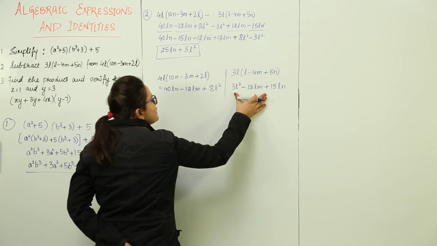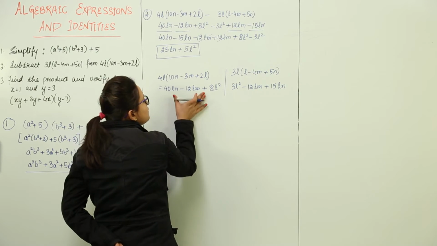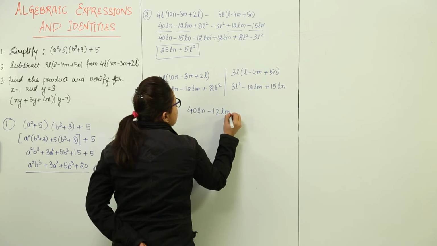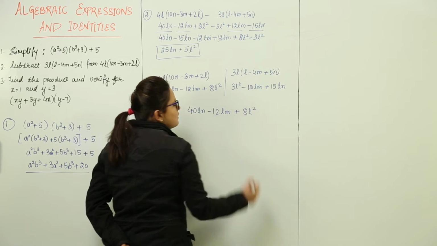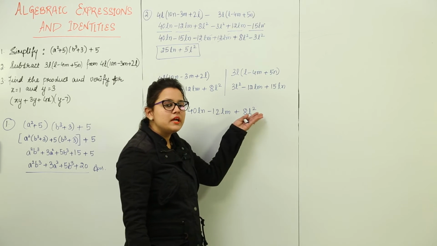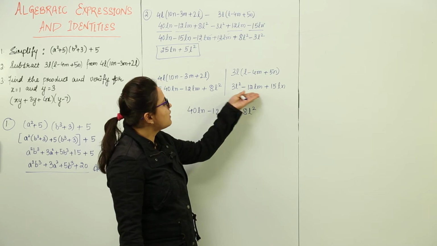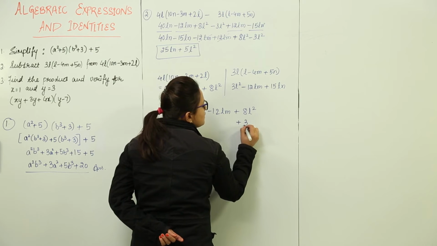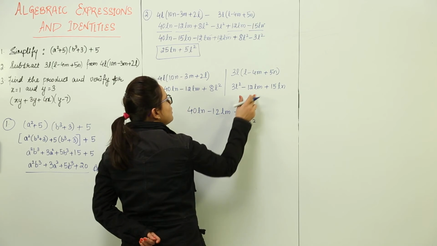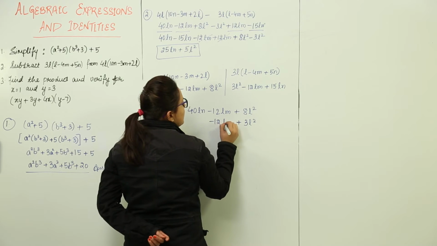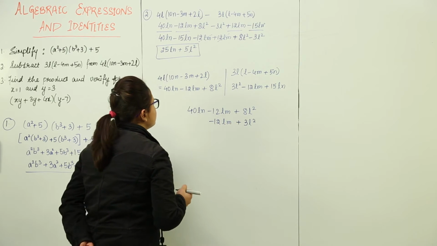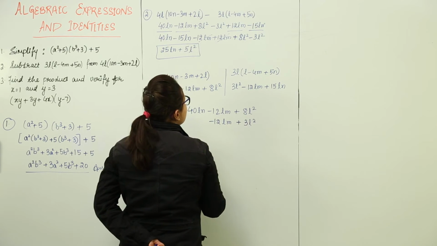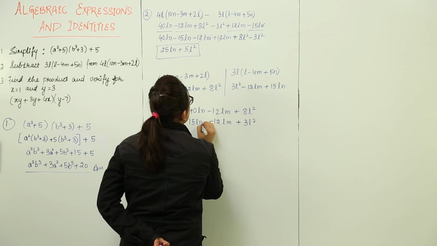Now we have to subtract this from this. So what we will be doing, we will be writing this at the first: 40 ln minus 12 lm plus 8l square. The same thing, we will be writing the like terms below the like terms. So what do we have here? We have 3l square. It will come below the l square term. We have minus 12lm. Minus 12lm comes to be here. Next, what do we have? 15 ln. Now where do we write 15 ln? Over here.